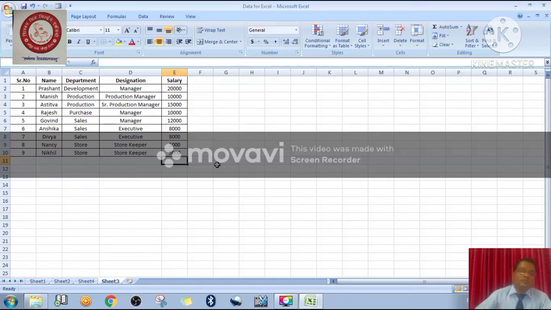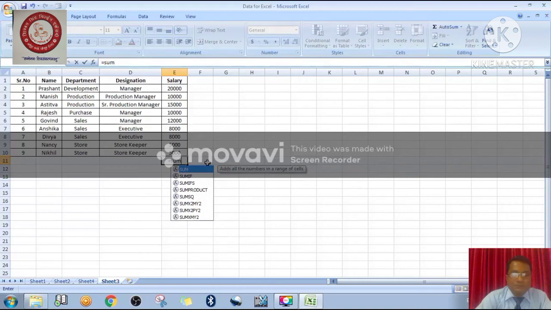Okay. And finally, one more thing I just want to give you: if you press the equal to sign, then write SUM, then the bracket, and inside the bracket write something like E2, then colon, then E10.